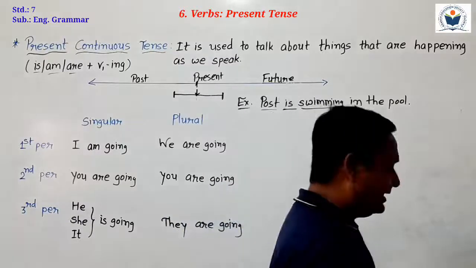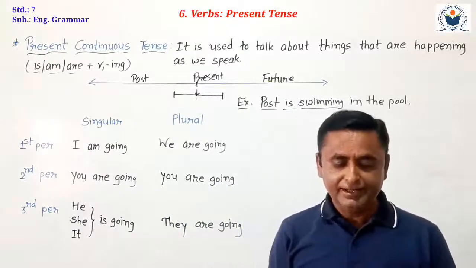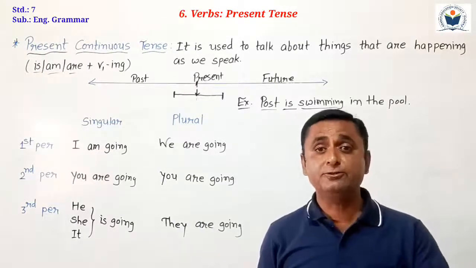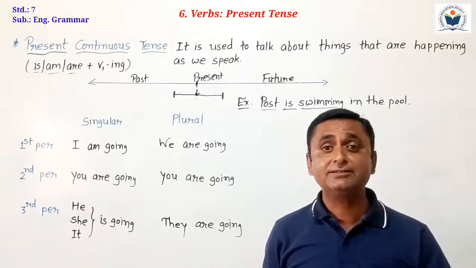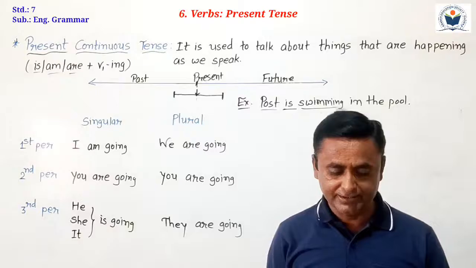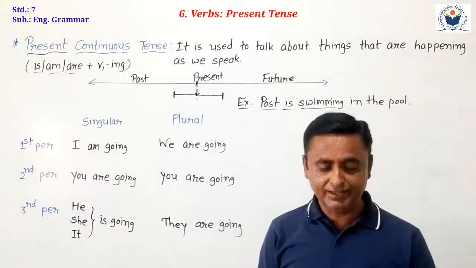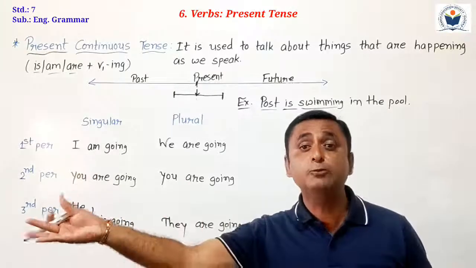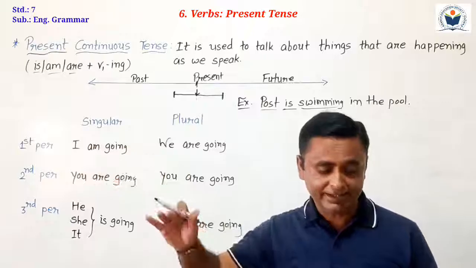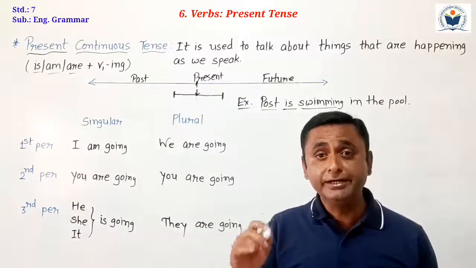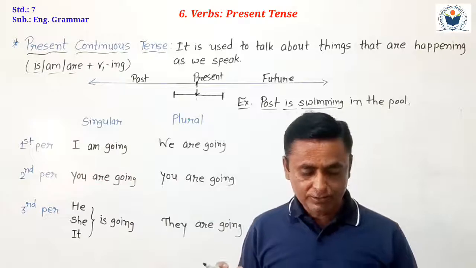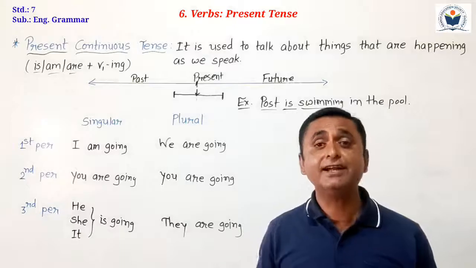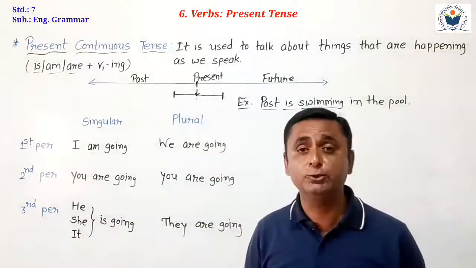Now the second use of present continuous tense is that it describes an action that is scheduled to take place in the near future. If in the near future any action will happen, that action we can show by the present continuous tense. Here in your textbook an example is given: Vibhor is meeting Tanya for lunch tomorrow. It's a near future time. Tomorrow Vibhor is meeting with Tanya for lunch. Already decided schedule we can express by the present continuous tense.